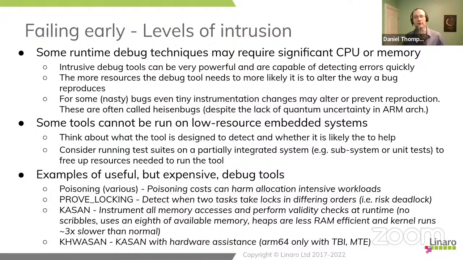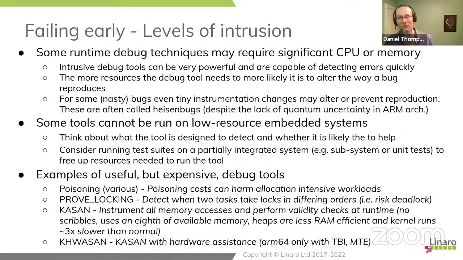Two of the major problems are that if we consume these resources, we might alter the way the bug reproduces. The more resources we use, the slower we do the timing. We miss timing windows, various things. It's even possible to have bugs that simply will not reproduce on an instrumented system, but do reproduce in production. Those are typically called Heisenberg bugs. They are frustrating. Ultimately, when you find them, you end up having to scale back your instrumentation and come up with clever ways to make the instrumentation less costly, just to try and have a little bit of observation on when they're being reproduced.